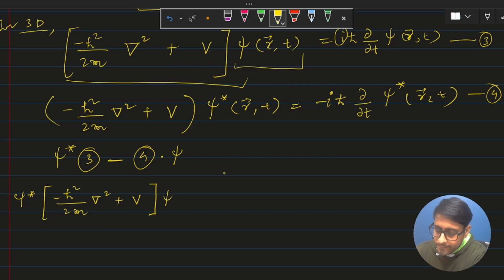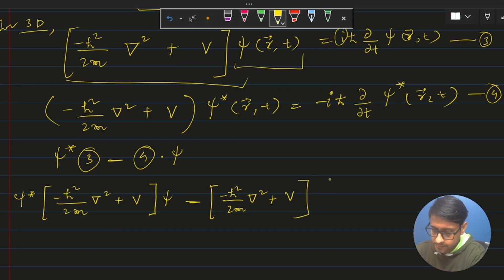Then we subtract, having multiplied by the asterisk from the left, the left hand side of equation number 4. So this is minus h bar square over 2m nabla square plus v,